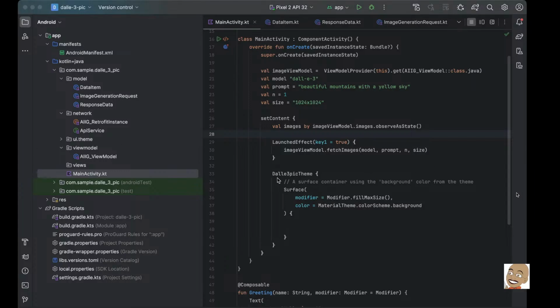And then after that, we will call our method inside the set content, which is pretty much our theme and surface, and then inside here we'll make our call